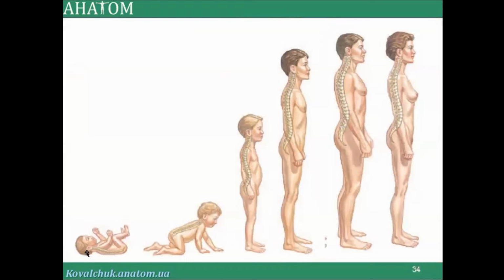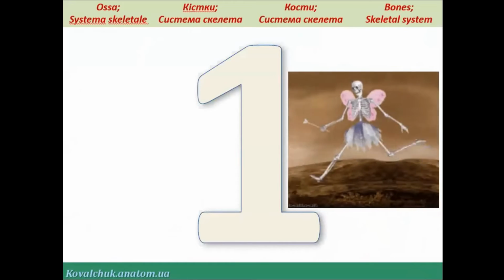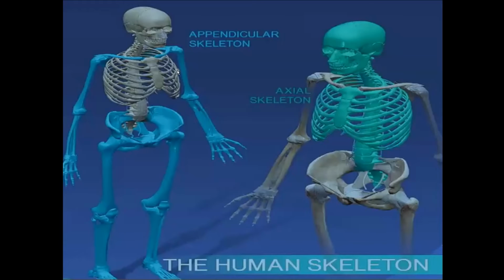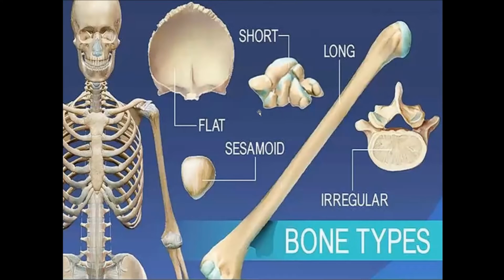And you know, at first, from birth to 1 year, the child is in a horizontal position, next moving and standing, and Homo erectus, it's a really big function in the human body. The locomotor apparatus has an active and a passive part. The active part is the muscles, the passive part is bones and joints, and the skeleton with axial and appendicular regions, with some numbering and classification into short bone, long bone, irregular,